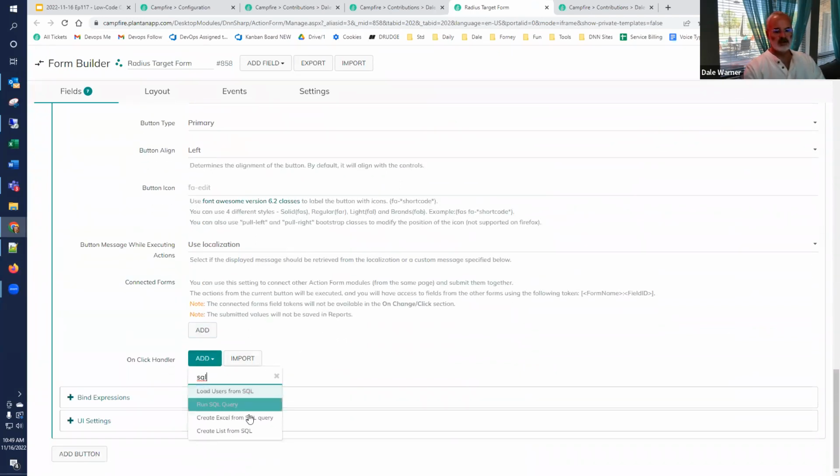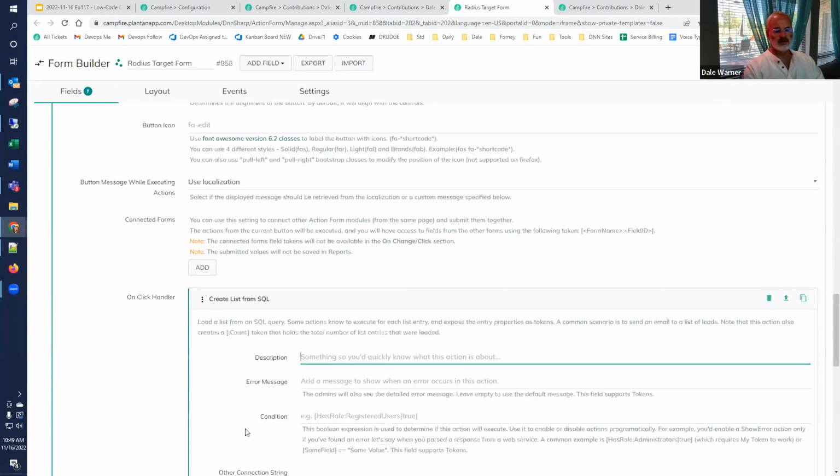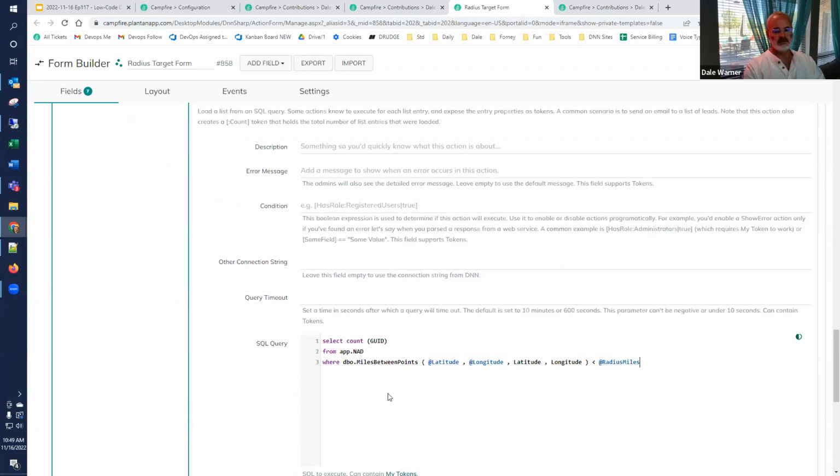This is going to be a create list from SQL so we can iterate through it and do things with it. So the SQL is going to look something like this, but instead of pulling the count of GUID, we want the GUID. No, we only want the GUID and the address, which is the combination of